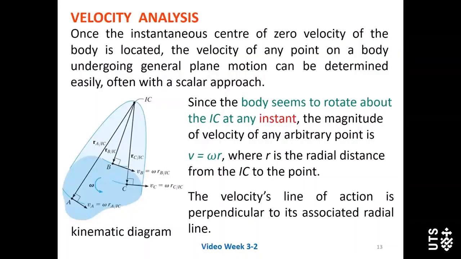If we can locate the IC point, for example, for this rigid body undergoing general plane motion, if we know the IC point is here, then for any other points on this rigid body, A, B, C, we can easily determine